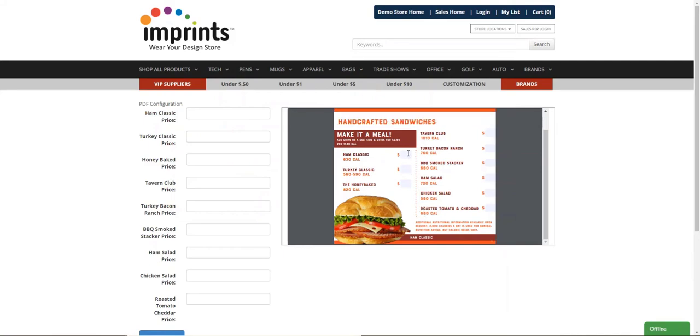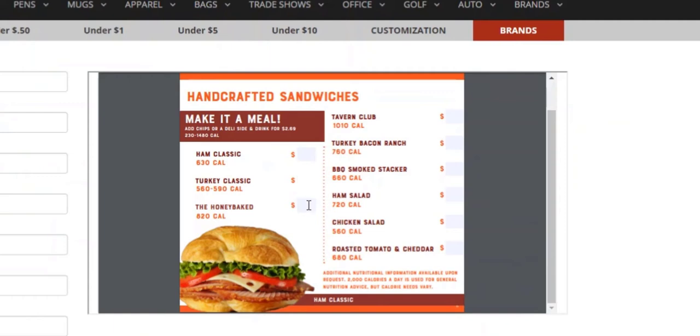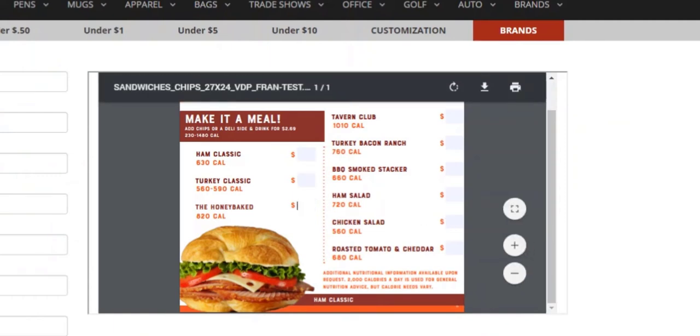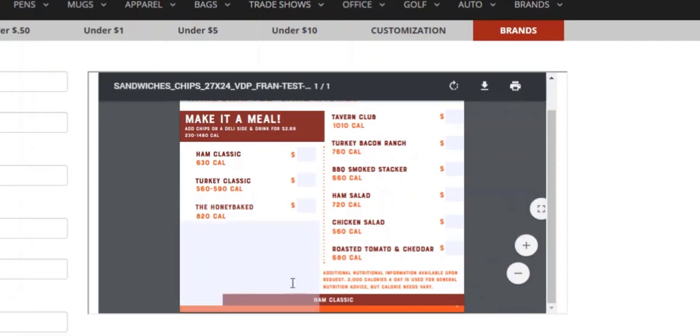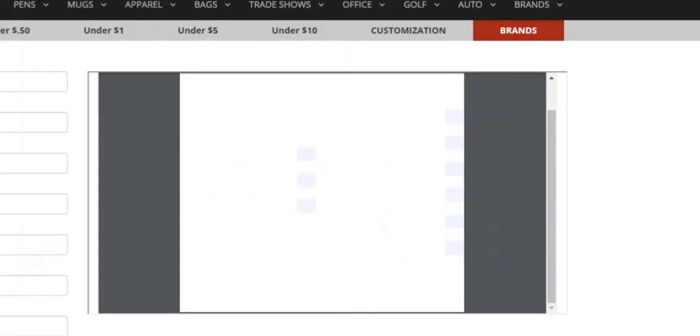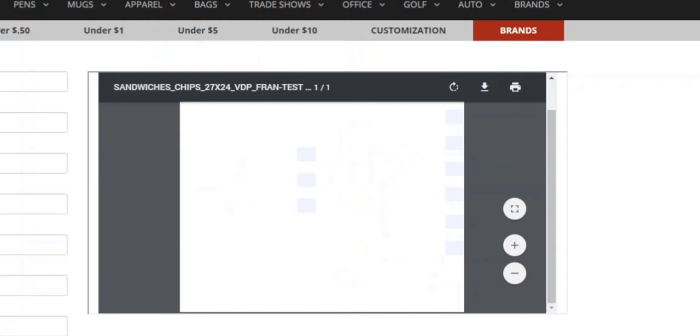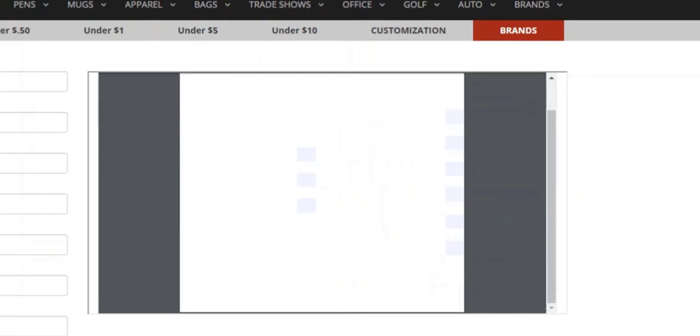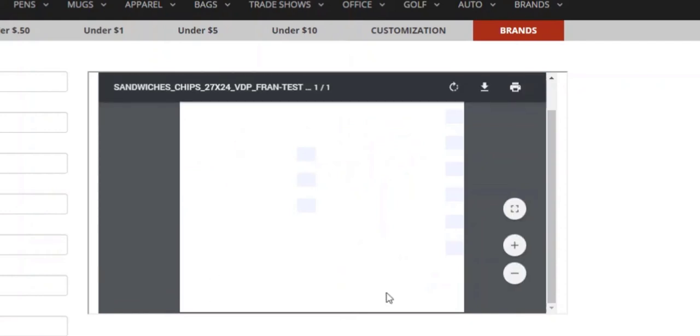Currently, under this layout, we have editable regions for the menu pricing here. We can also set up a PDF to not only include menu pricing, which is text, but also a combination of imagery, so we can change out the sandwich here on the bottom left, and also include menu pricing like this. Furthermore, if we have a pre-printed file, which we're doing variable printing, then we can set up our PDF to not display any graphics at all and just show the menu pricing that will be printed on top